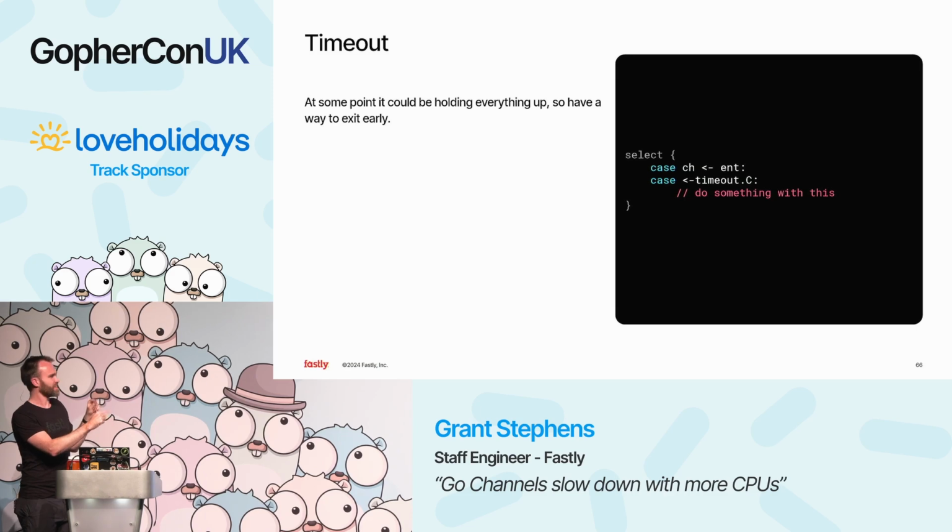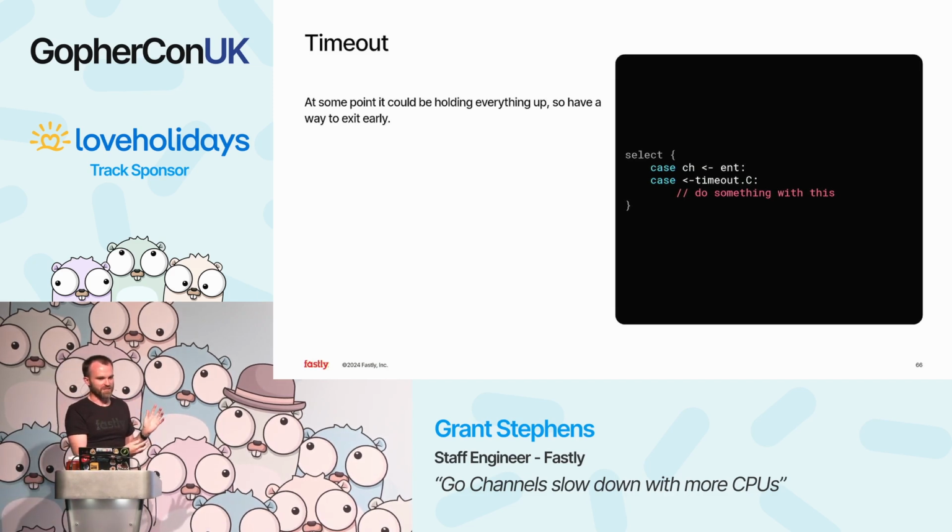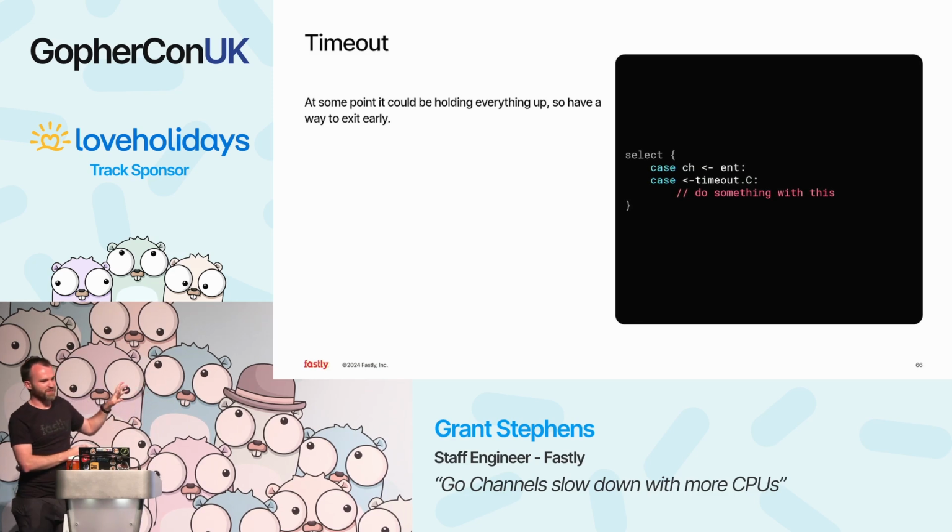Either try again later, put the message back on the previous queue, throw the message away, like do something, but at least don't stop all the other code from executing. So not something very common that you see in a lot of libraries, because essentially you have to do something with this message that might be throwing away data. But in terms of keeping code flowing nicely, something worth considering.